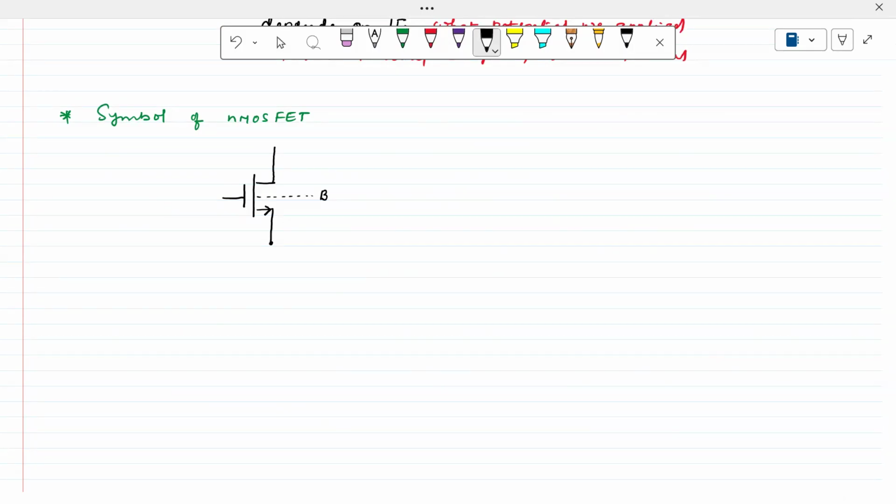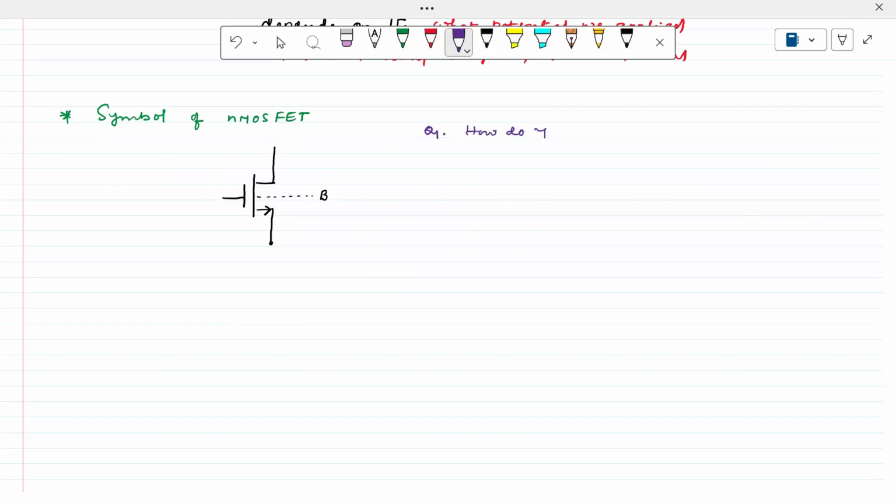This is usually called the drain. Of course, we cannot say which one is the drain. If somebody gives you an NMOS transistor, how do we decide the source and drain? First, if somebody gives you a MOSFET transistor, the first question, question number 1, is: